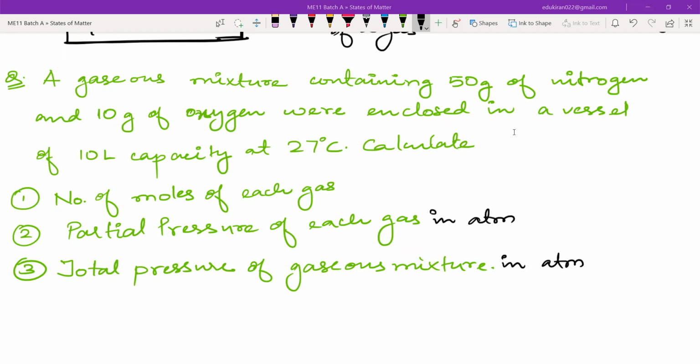Shravya, there is some problem with the decimal points. I didn't see the decimal point as of now. Yes, now N2 is correct. Hamza, N2 is now correct, but still you can go one more decimal point, at least 2 decimal points. एक तो आसान सा उसमें calculation है. Hamza, what is molar mass of nitrogen? 28. Yes, 50 sir, upon 28. 28 करना है आपको, 50 upon 28. उसमें आप तो ऐसे कोताही मत कीजिए ना. Calculate it correctly.